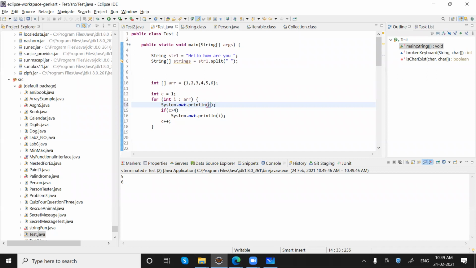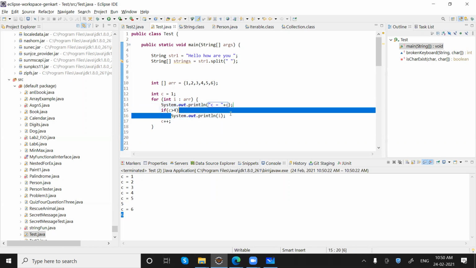Let's print c. How many times? 6 times, you can see, right? 1 2 3 4 5 6, but the values we are getting only 2 times because according to our logic we will skip this printing part, right?